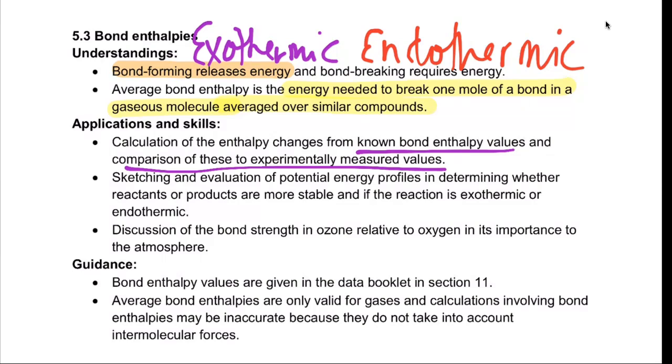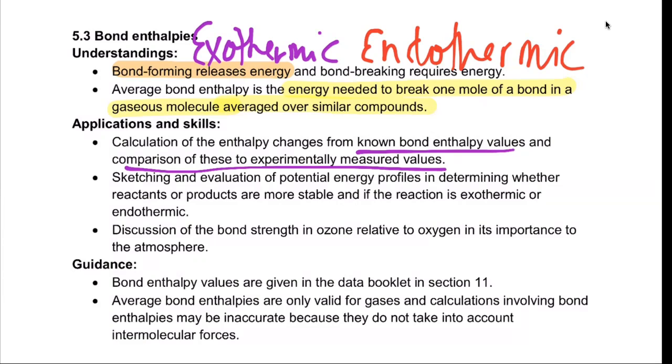Sketching potential energy profiles, determining whether the reactants and products are more stable. That goes back to what we did in 5.1, where if the reactants are lower than the products, the products are going to be more stable, and it would be exothermic because heat was released. And if the products are higher than the reactants, that means the products are less stable, and that's endothermic